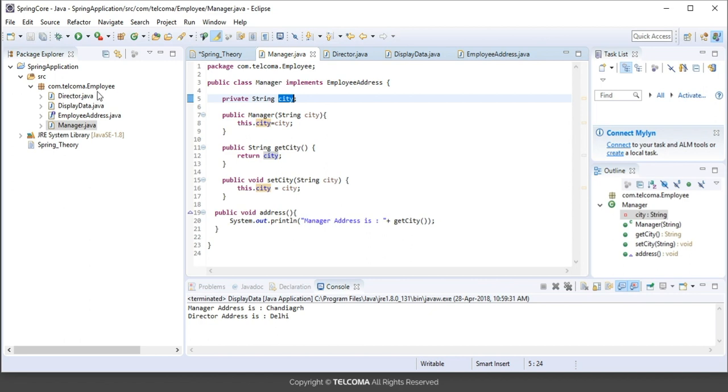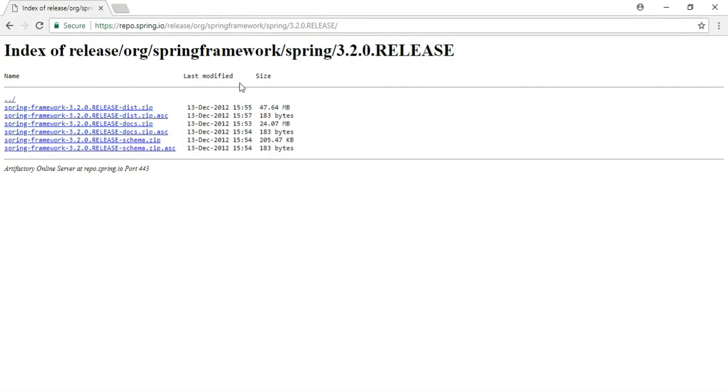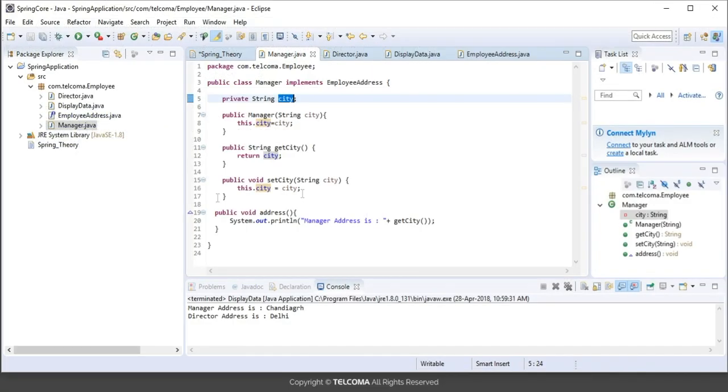But first let's set up a Spring development environment. For that we need the Spring jars. You can go to Google, and in this link you will find the Spring distribution, which you can just download. You can download any distribution. It will download. In the meantime, let me tell you